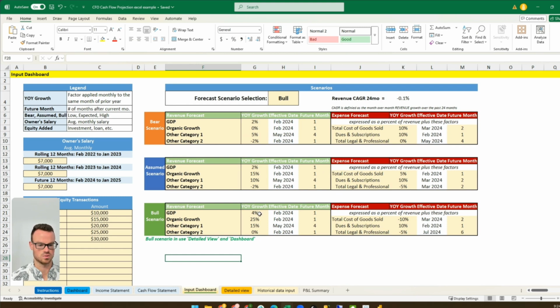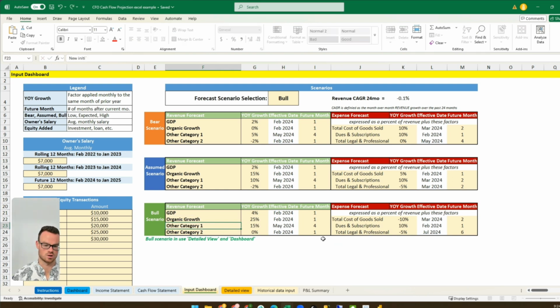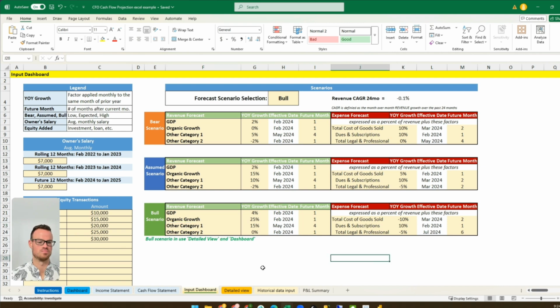So you can see in this bull scenario, we think just in general, everybody's growing by 4%, great. We think we're gonna organically grow by 25%. This one, we're going to say new initiative, whatever you want to call it, right? Doesn't really matter, but other category, we're going to grow by 15%. So all this stuff, it's kind of nice because it takes away from one specific event, person, whatever it is, and it allows you to kind of round things out. There's a lot of ways to get more specific in this, of course, but